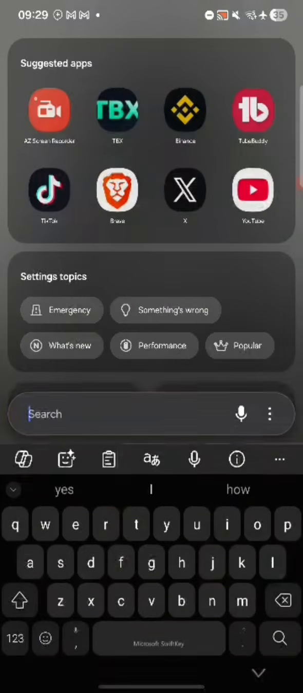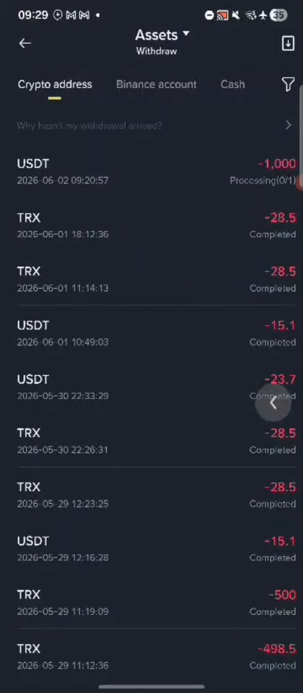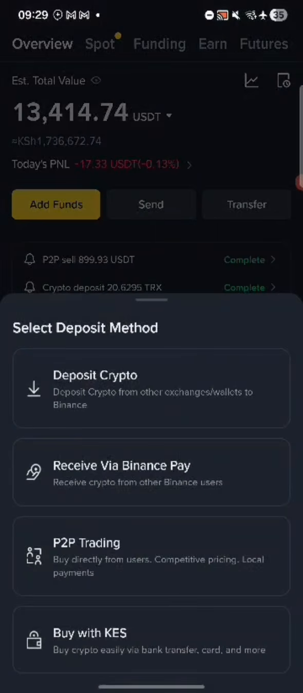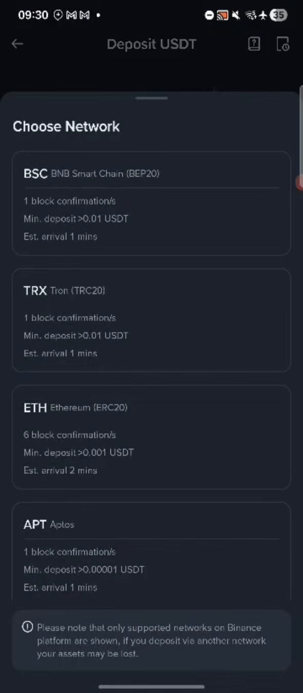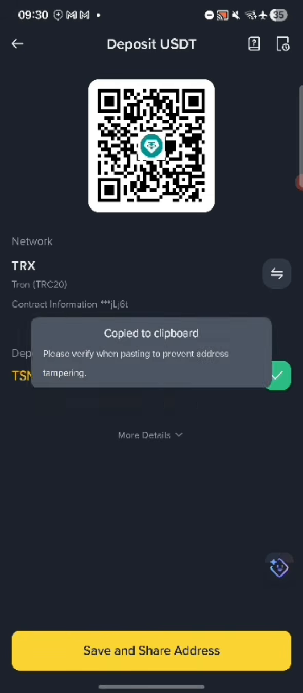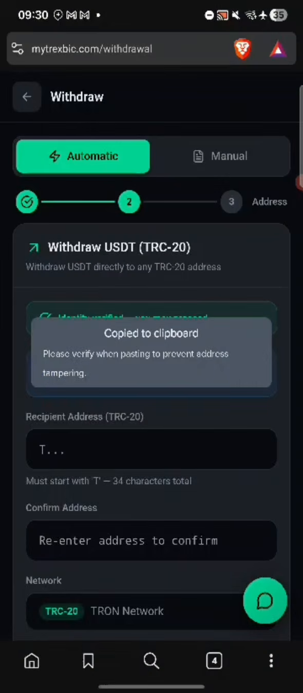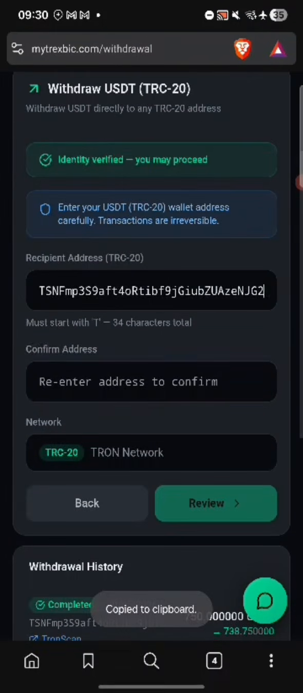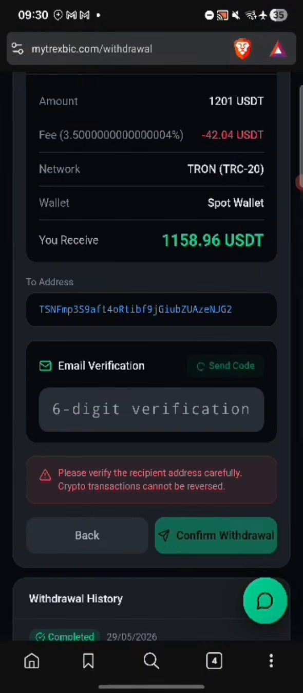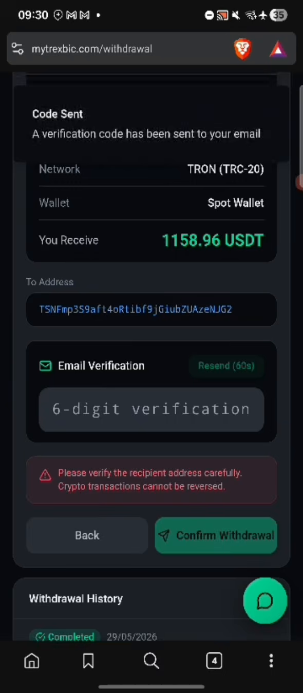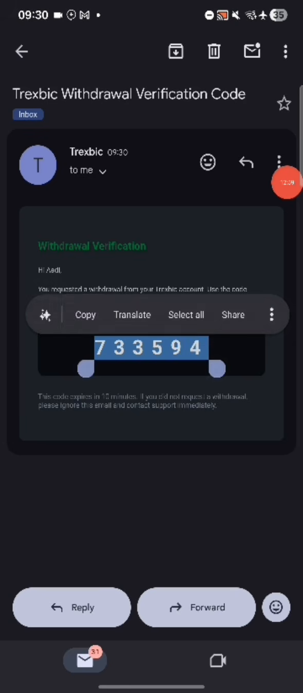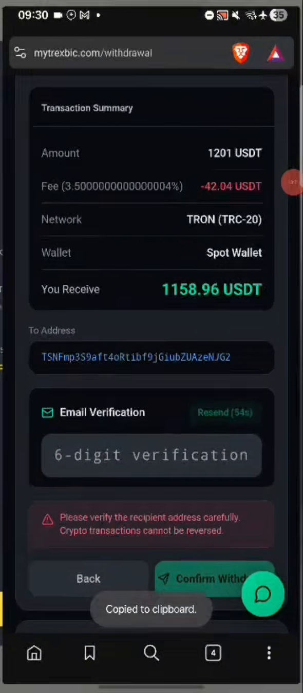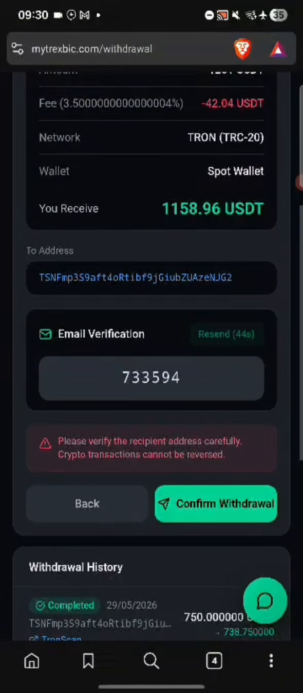I'm going to Binance, and I'm going to copy add funds, deposit crypto, USDT, and I'll just choose TRX, copy the address, and I'll paste it here. I'll paste it again, and I'll review. And so you can see now they have sent a verification code to my email. I'll copy my verification code here, and then I'll paste it here, and I'll confirm